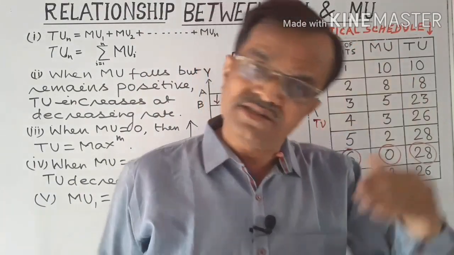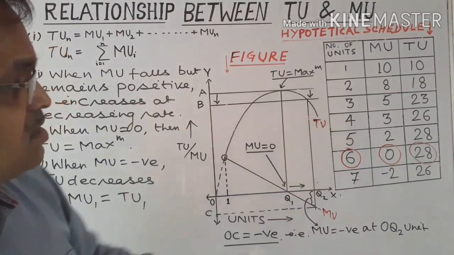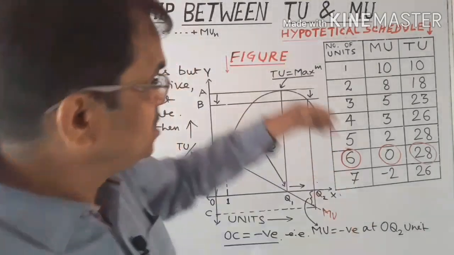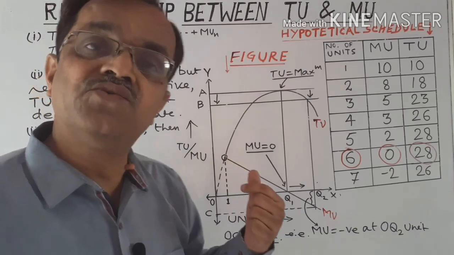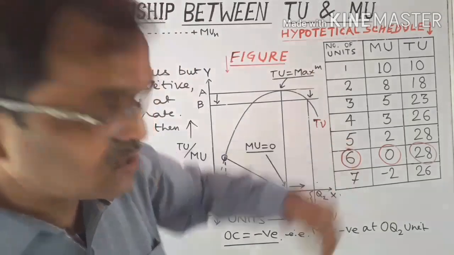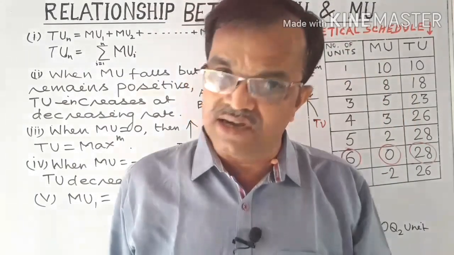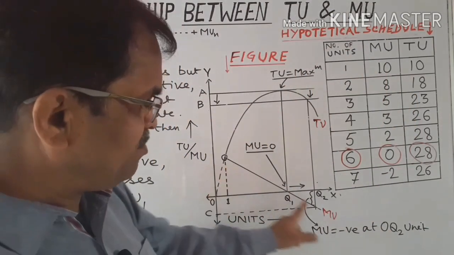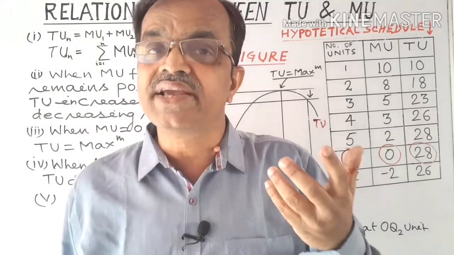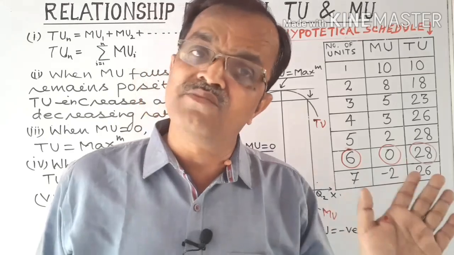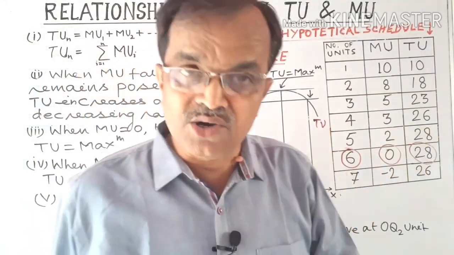The same relationship is there in this figure, where this is the total utility curve sloping upward, changing its curvature beyond this unit of consumption, that is OQ1, and after that it goes downwards, dipping downwards, that is it decreases, घटेगा. तो हम क्या देखते हैं? Now this is the MU curve. The MU curve continuously falls, that is, it has a negative slope. It slopes downward from left to right because of the inverse relationship between the units of the commodity consumed